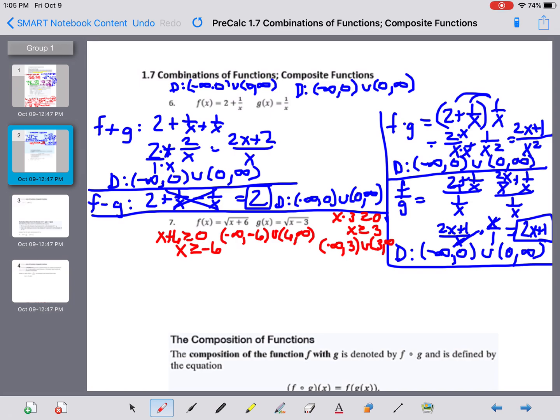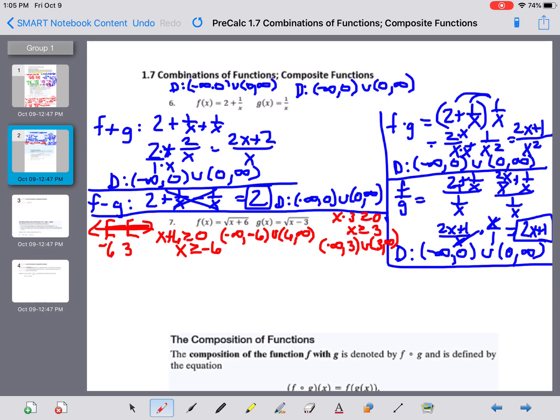Okay, on a side note, right now those are the two domains. They both have their own domain, but we have to think about, if we combine them, what is their restriction, right? So one of them was at negative 6, one of them was at 3, and I'm going greater than or equal to both of these, right? So where are they overlapping? So their domain of overlap would be,